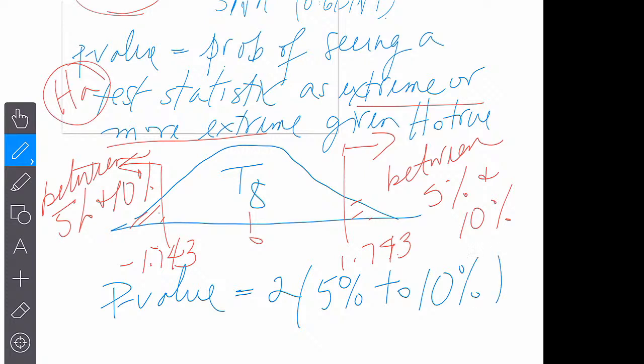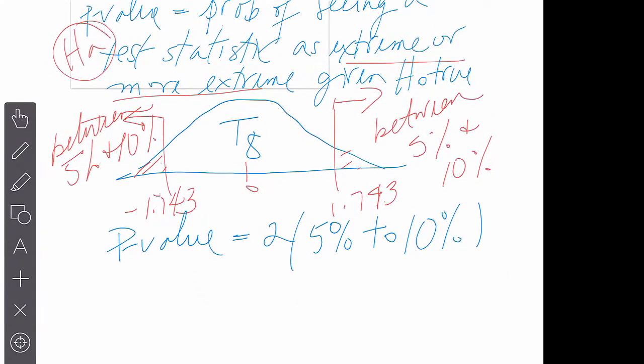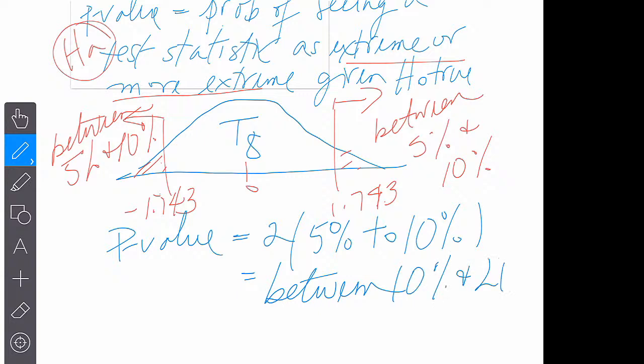I'm not going to be precise for the test, you just use the table, but you can in life use Excel if you want, of course. So the probability is between 10% and 20%. All right? So between those,